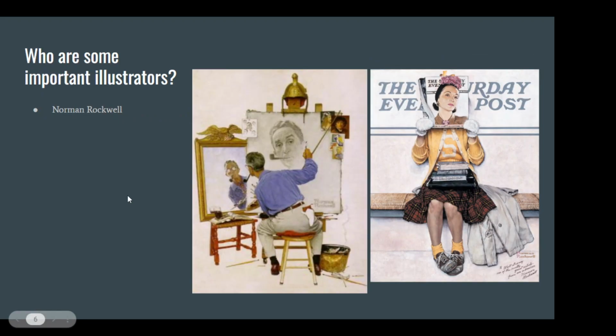Probably the most well-known American illustrator is Norman Rockwell, and I can almost guarantee you've seen some of his work. He worked in the mid-1900s, so he was very popular in the 1950s and 60s, and he was most well-known for his illustrations that graced the cover of the Saturday Evening Post, which I do not believe is even a publication that's around anymore. But he's well-known for this very charming, very aw-shucksy, stereotypical family dynamics of the 1950s, kind of like the glossed over, shiny, Leave It to Beaver kind of ideals.